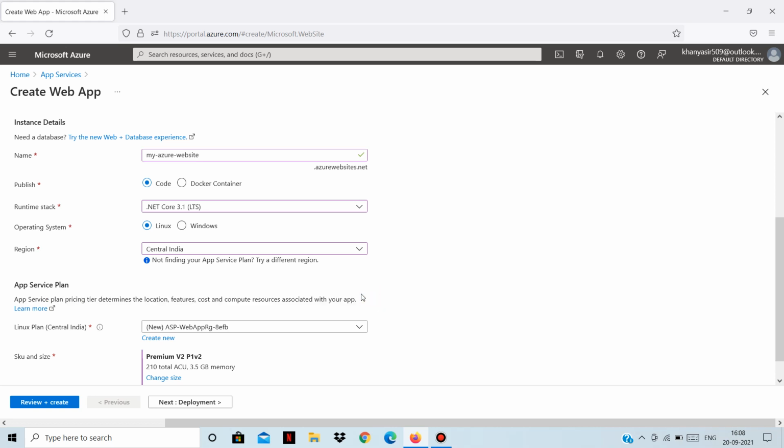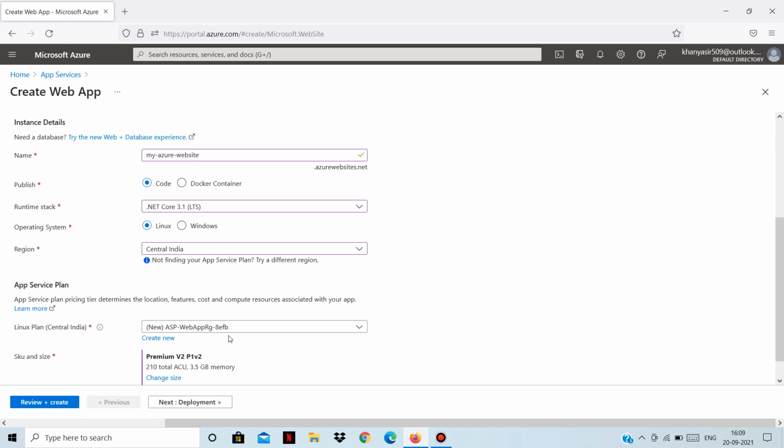So what is an app service plan? An app service plan is a set of virtual server resources that run your application. It provides you with a set of virtual servers that run your web application.